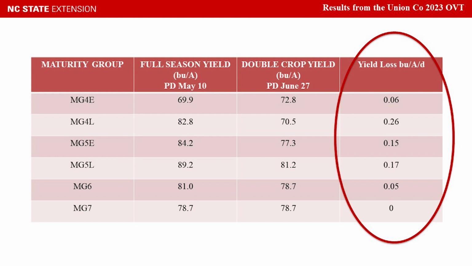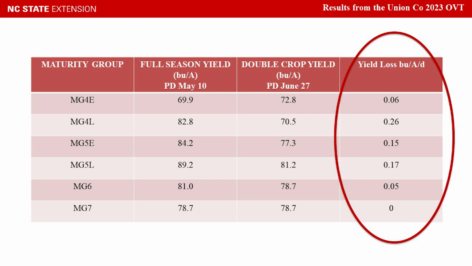You can look at the full season yields for those. The full season beans were planted on May 10th in Union County this past year. You can also look at the double crop yields. Those beans were planted on June 27th. Those are the same varieties planted at the 2 different planting dates on the 2 different farms. I will acknowledge this isn't a perfect comparison because this was done on 2 different farms. But nonetheless, if you look